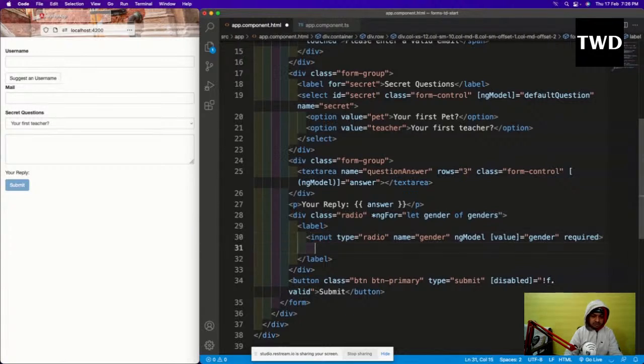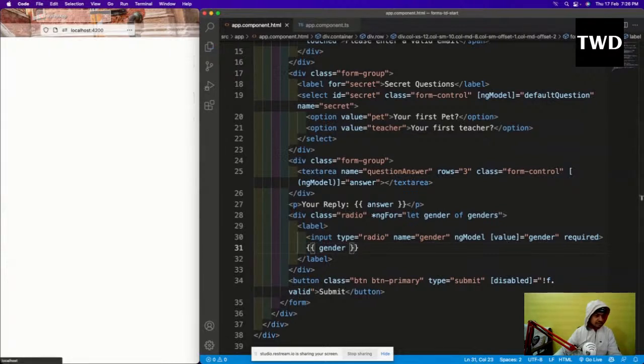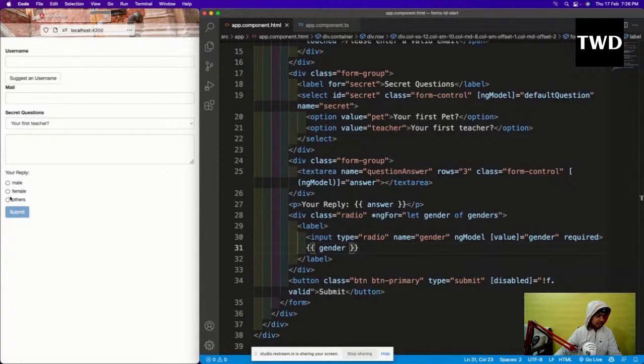And after this I'll just show the gender. Save it and see, it is coming. Gender is coming: male, female, others. Let us choose, and it is working fine.